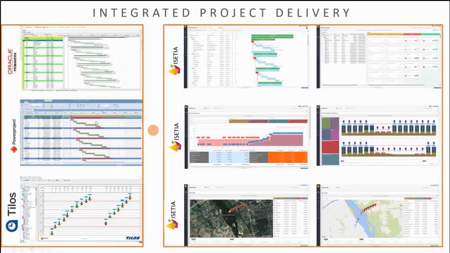Okay, today our aim, because I have 40 minutes left, is to speak during these 40 minutes about how we can integrate our schedules in different formats. Sometimes we go to a client who requires Primavera in the contract, and we need to plan in Primavera and deliver in Primavera.